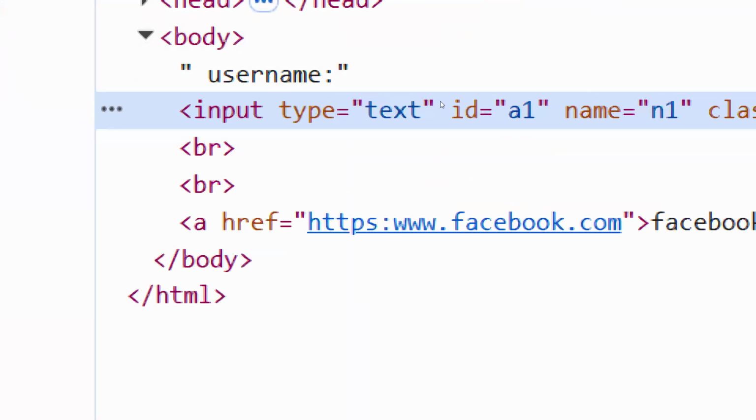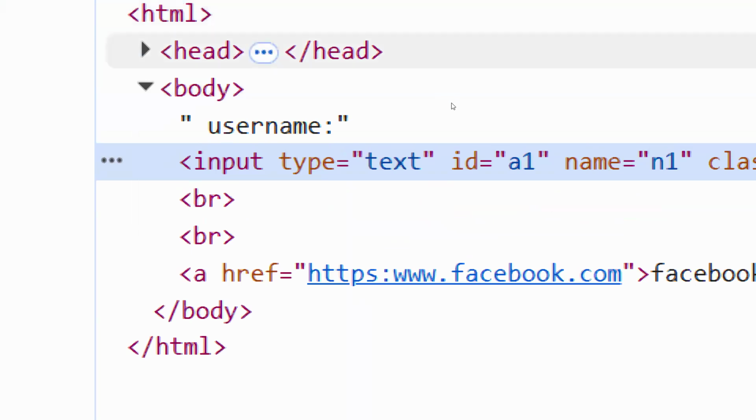Whatever starts after the angular braces, whether it is head, body, or HTML, that is called a tag name. This combination is called attributes, a single one being an attribute name and attribute value. After that,